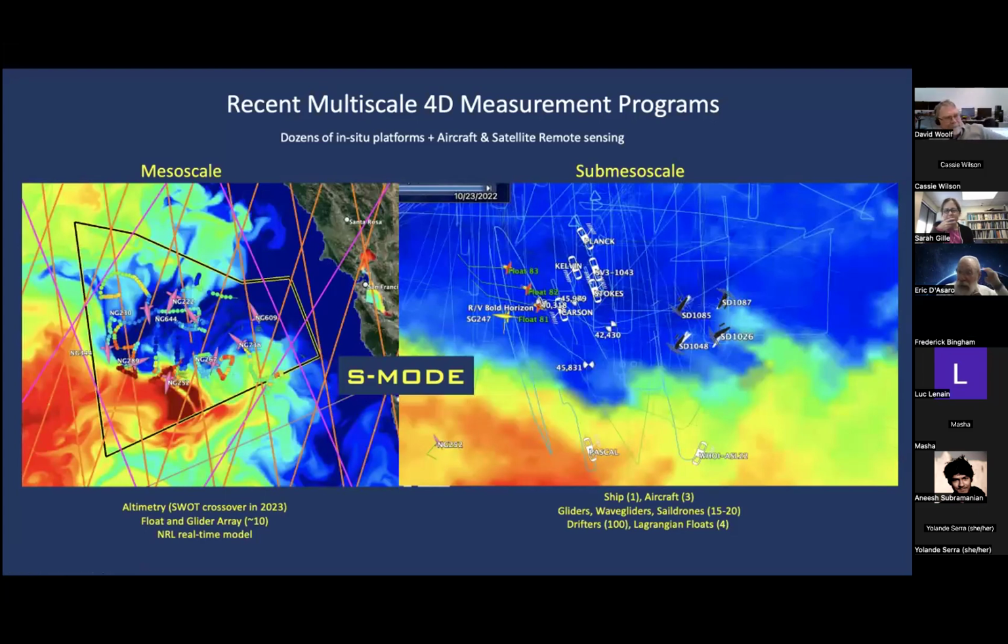One of the things that was a huge emphasis in S-MODE was looking at the near-surface velocities, because we had aircraft remote sensing measuring surface velocities down to scales of about 100 meters. This is Doppler scat, and that data was just really remarkable, what you could see. And so it seems to me that